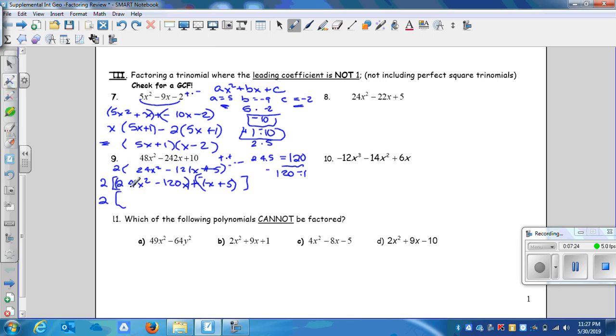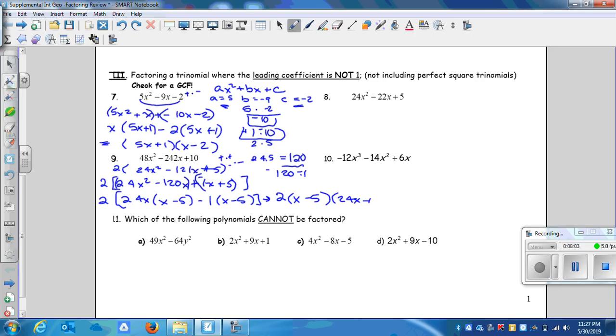So 24x squared minus 120x. The greatest common factor here is going to be 24x. And in parentheses, I have x minus 5. And over here, I'm going to pull out the negative 1. And I'll have x minus 5 as well. And I'm going to go ahead and write a little bit over here because I'm running out of room. So within the parentheses, I've got my common group, which is x minus 5, and my leftovers, which is 24x